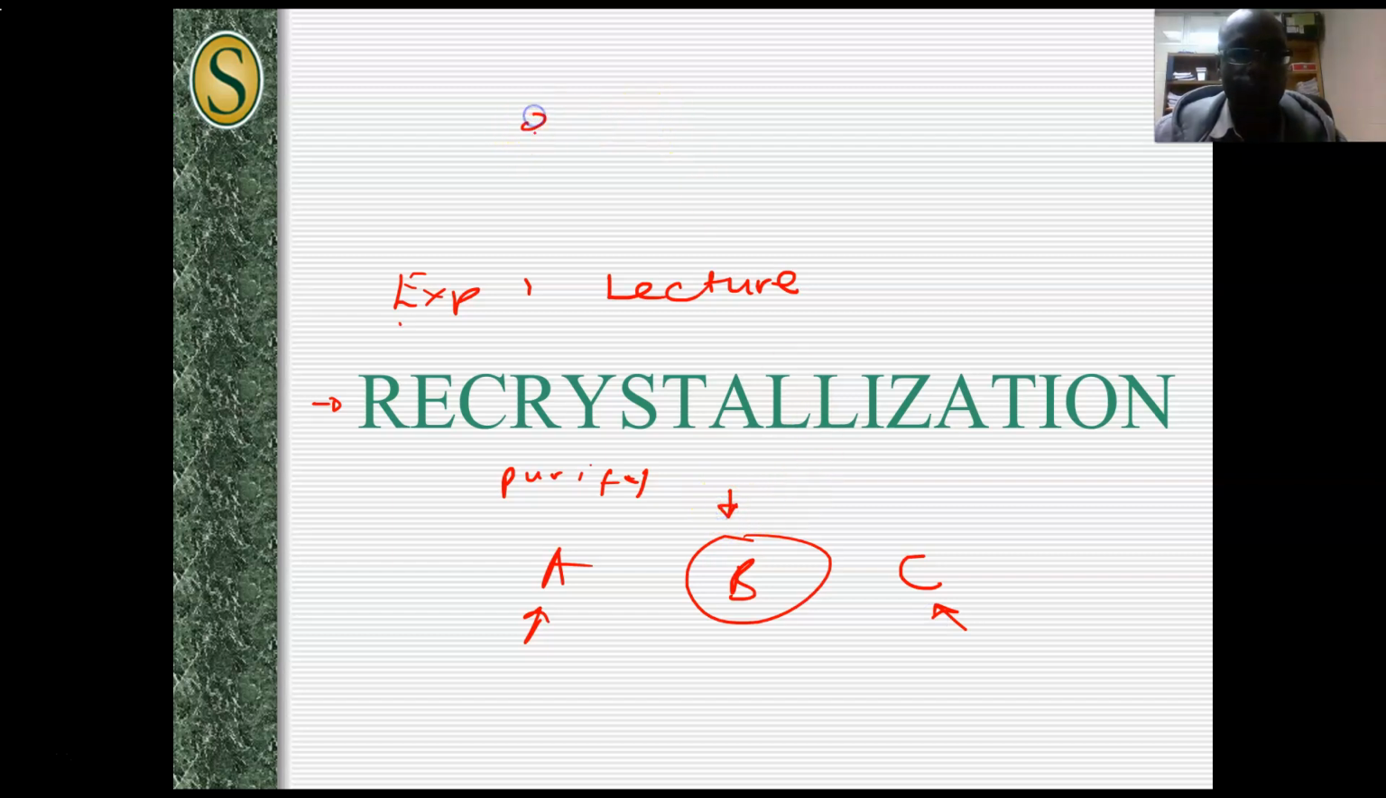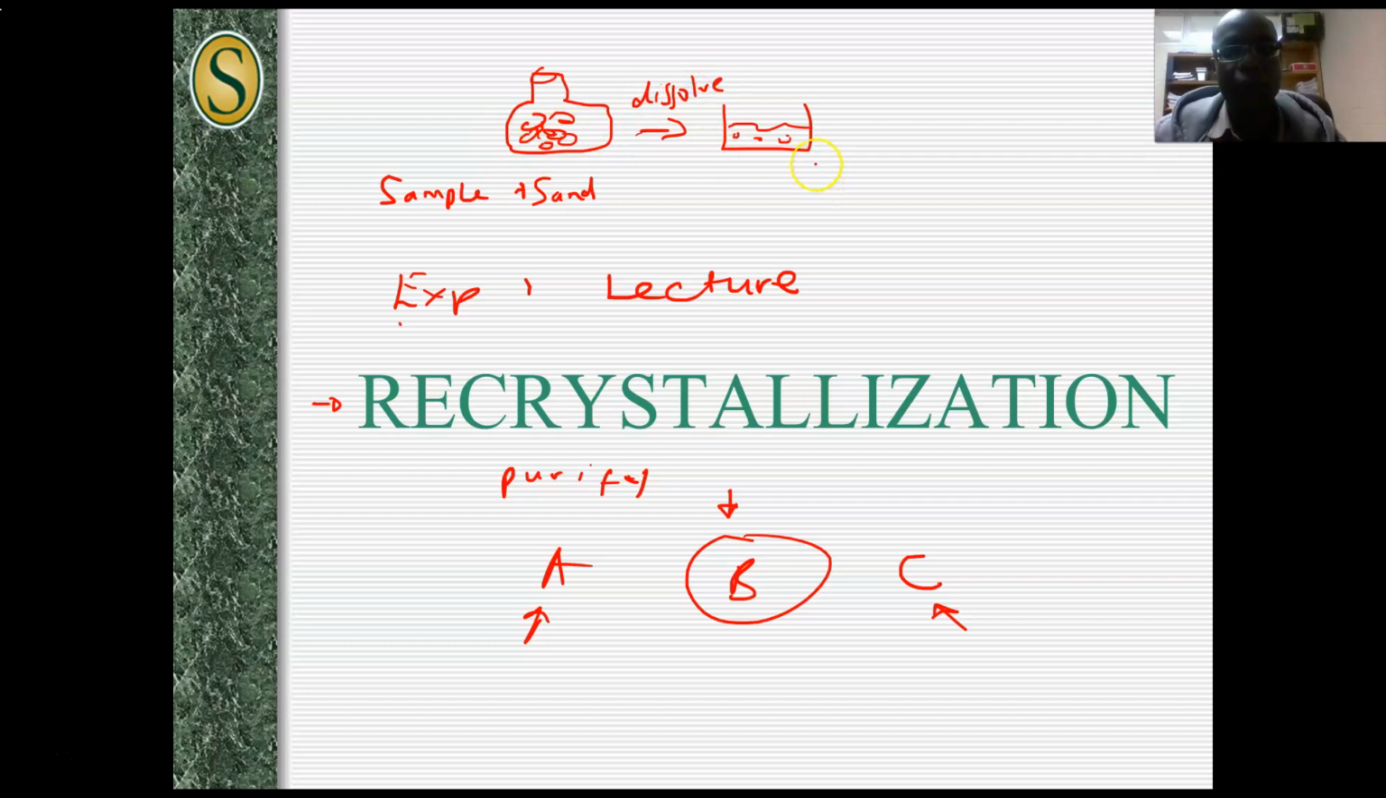Alternatively, you might have a stock compound in your lab sitting in a bottle, but it gets contaminated with something else, let's say sand. Okay, so you have your sample compound plus sand. What you can do is dissolve the whole thing. Your sample will dissolve, the sand will not dissolve in your solvent. So you choose a solvent, dissolve the whole thing in it, and the sand does not dissolve. Then you can filter, right? The sand will be filtered out